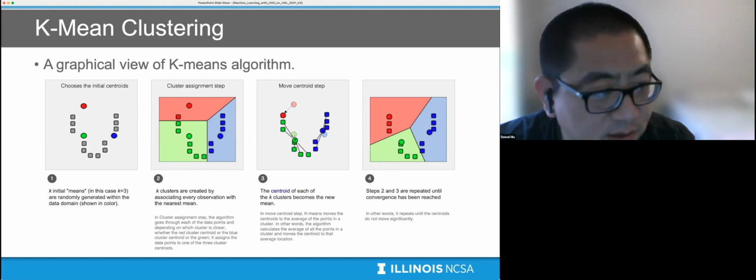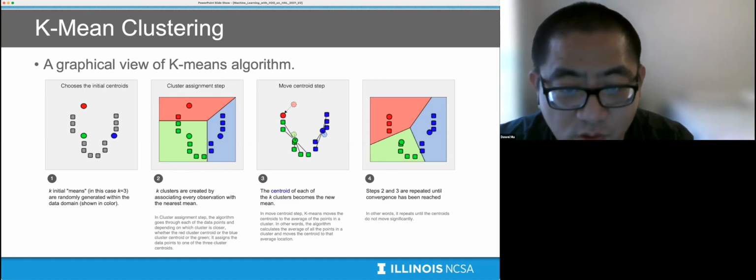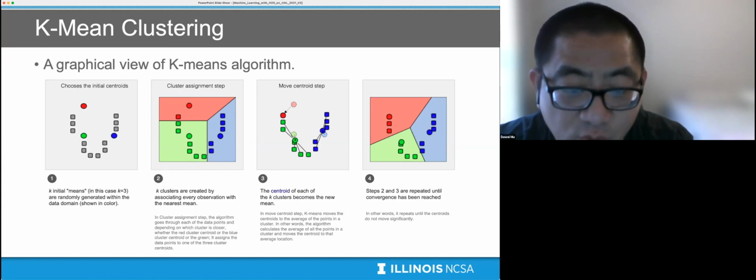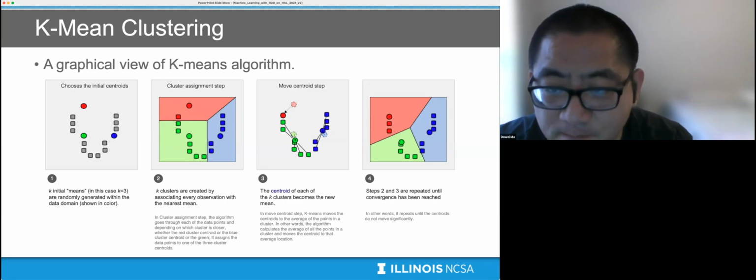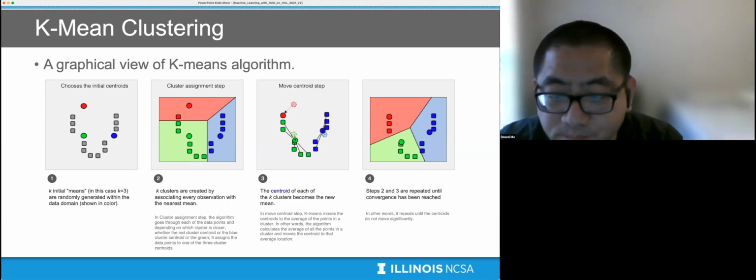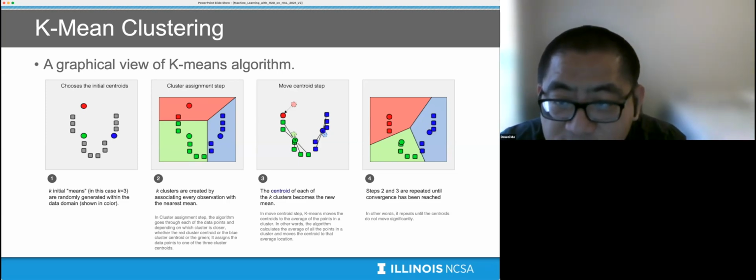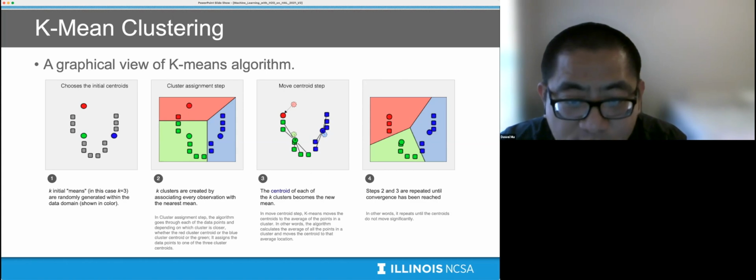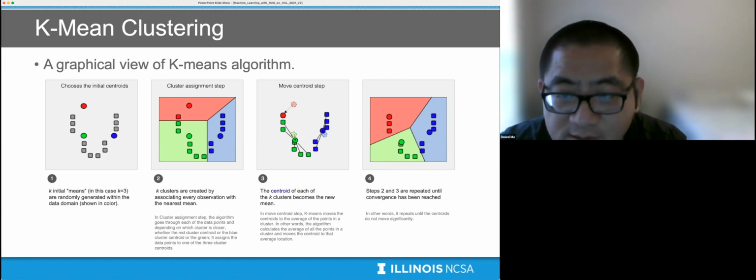So this model will try to cluster this set of data into three clusters. First, we need to set initial points as the blue dot, green dot, and red dot